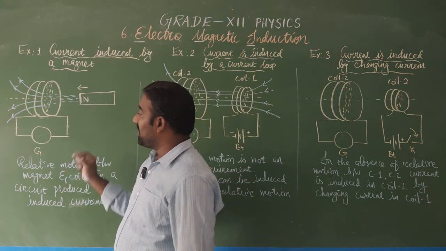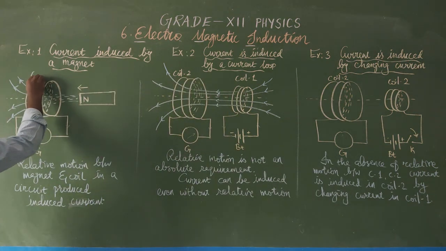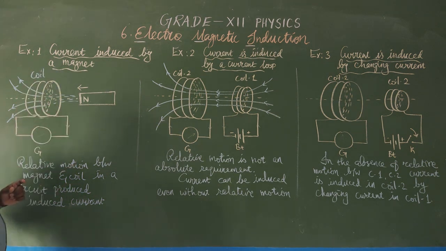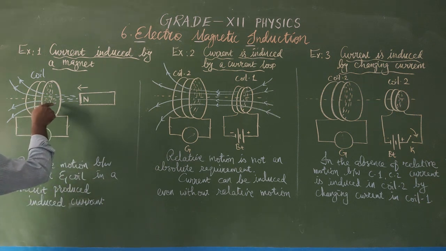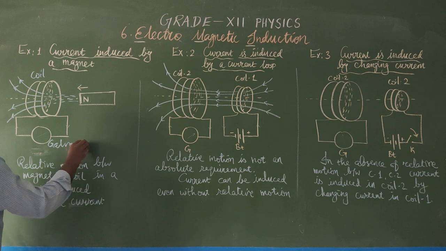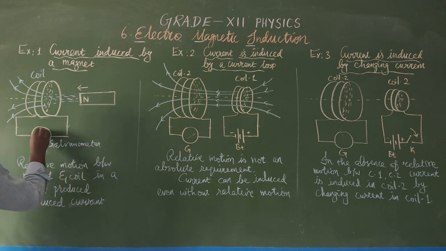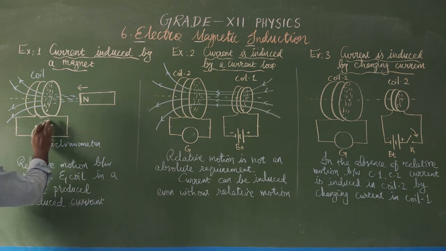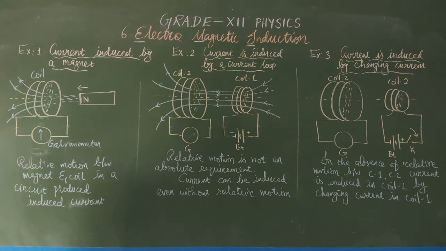In the first case, we have a coil. It's like a current carrying conductor which has n number of turns. This is the insulated copper coil, externally connected to a galvanometer. Normally the galvanometer points 0 at the center. Ammeter, voltmeter and so on have zero at the left hand side, but the galvanometer has zero at the center, and on either side the readings are there. Now you choose a bar magnet.